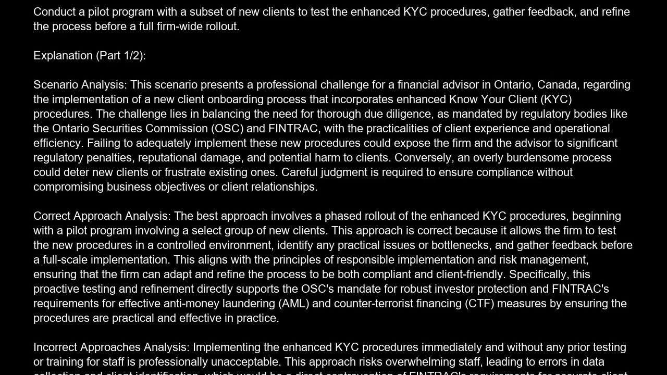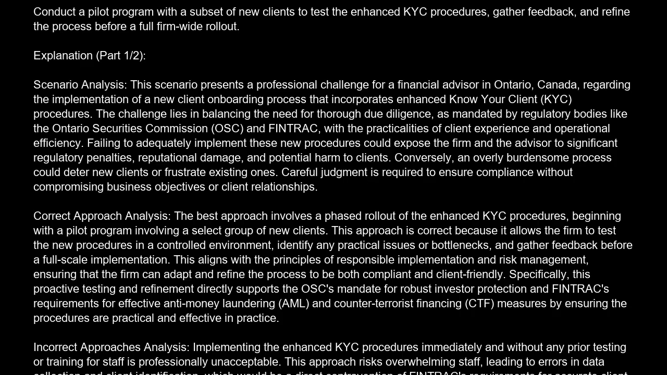The correct answer is C. Conduct a pilot program with a subset of new clients to test the enhanced KYC procedures, gather feedback, and refine the process before a full firm-wide rollout. Explanation. Scenario analysis. This scenario presents a professional challenge for a financial advisor in Ontario, Canada, regarding the implementation of